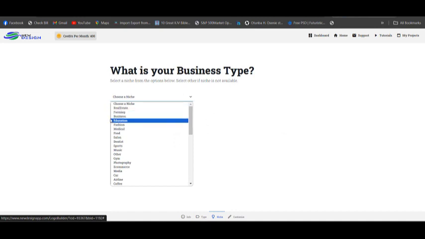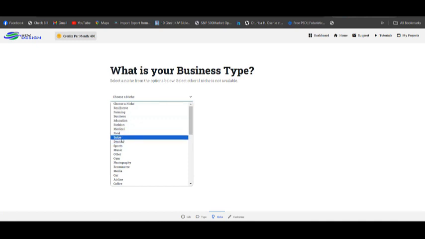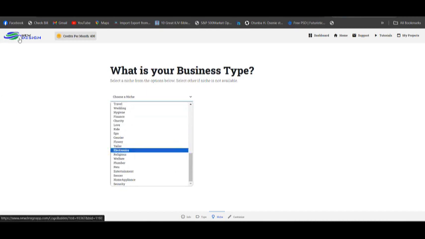Niche can be real estate, farming, business, education, fashion, medical, food, salon, dentist, sports, music, others, gym, photography, e-commerce, media, car, airline, coffee, name it, everything is already designed. So it's going to generate a particular logo based on the kind of logo you select and like.